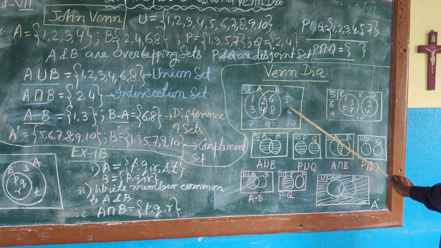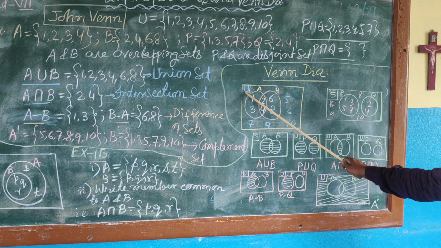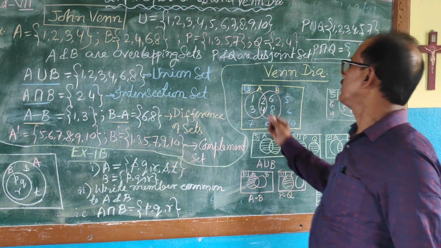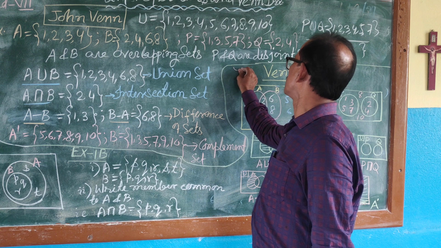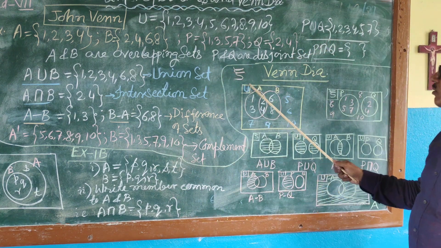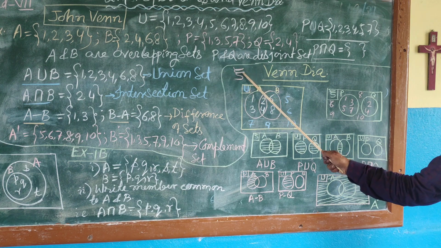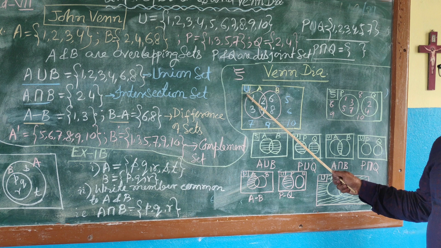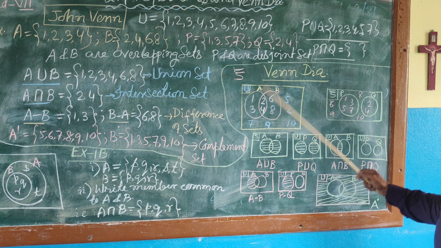First, I have taken this diagram. Assume this is a rectangle and it's a universal set. You must write down the set name with a capital letter. For the universal set, you can write down U, you can write down this sign also, which is called the universal set. Some books use this sign, some seminar publishers put this sign, other books use the U sign. Now see,